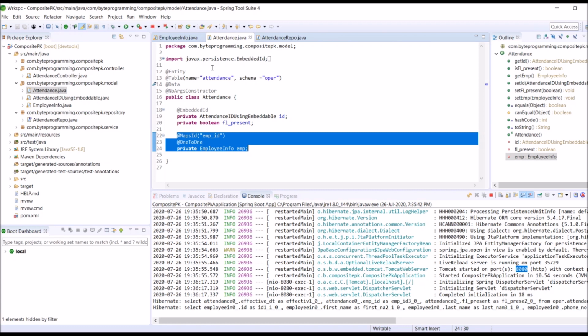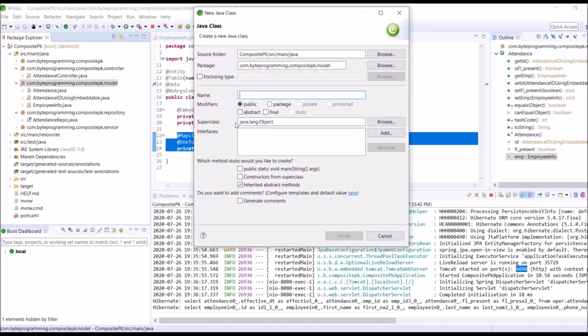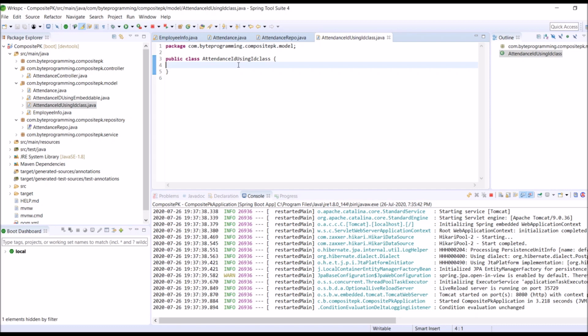We will create another class. Go to model, click new, go to class, and put the name of the class as AttendanceIdUsingIdClass. Again the basic rules we need to implement.